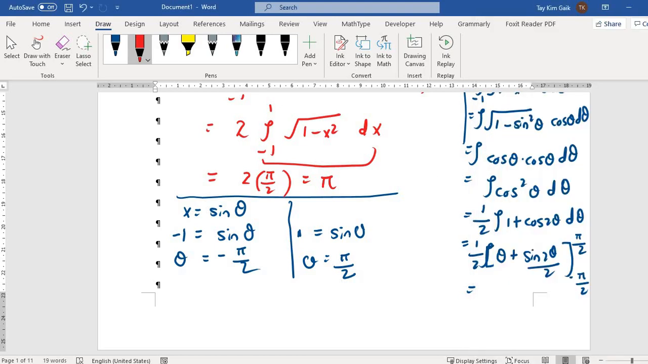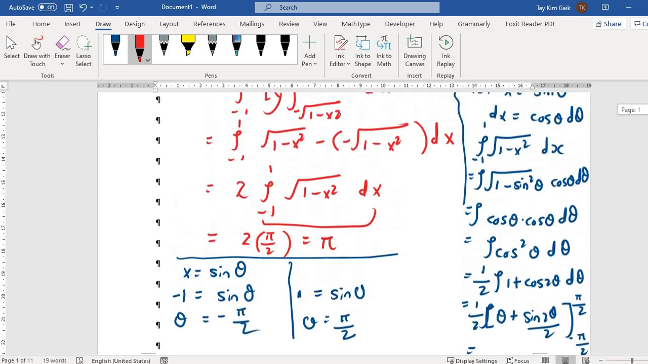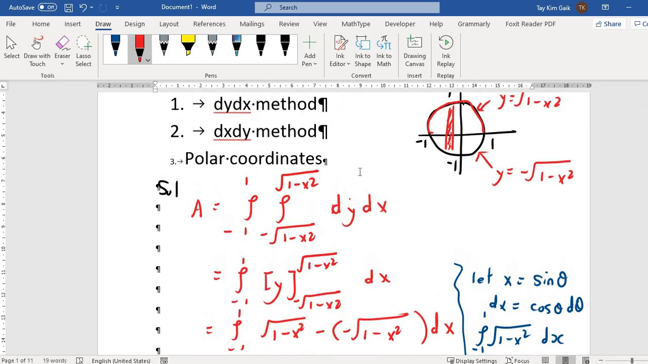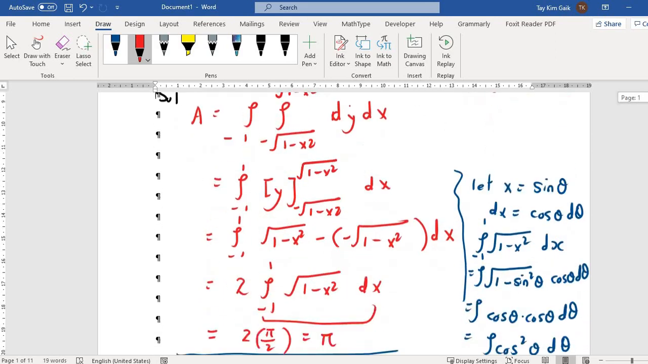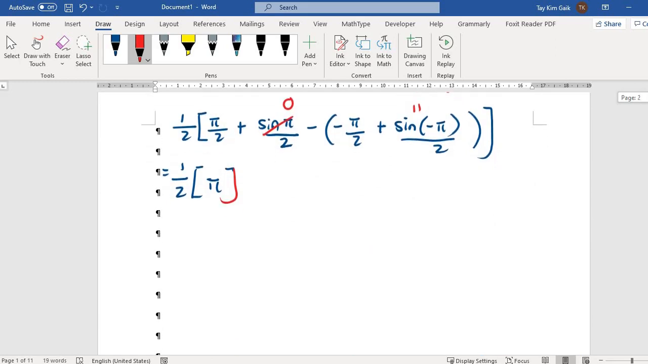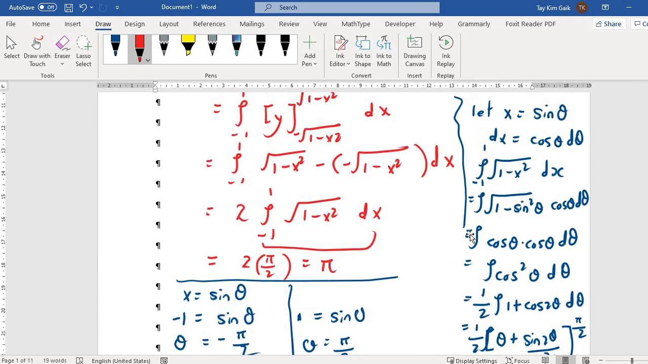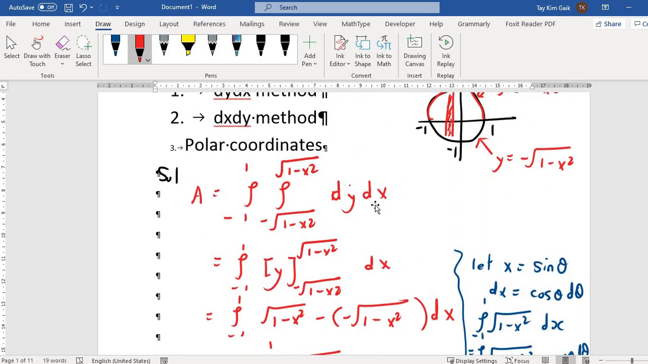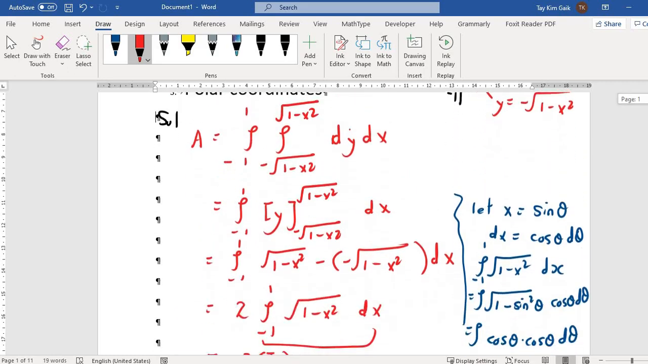So you notice, if it's a circular region and you use Cartesian coordinates, dy dx or dx dy, you have a longer step to do, and it's more tedious. You need trigonometric substitution. This is using dy dx. If you want dx dy,